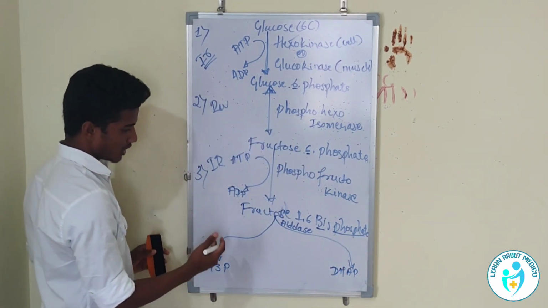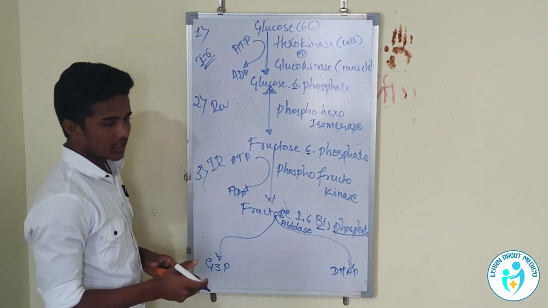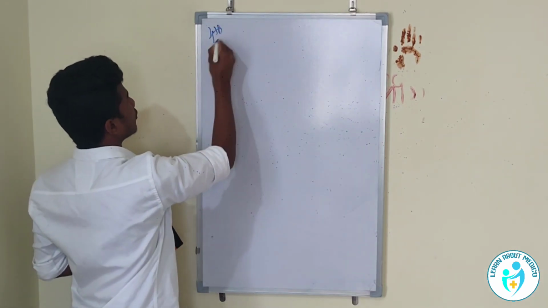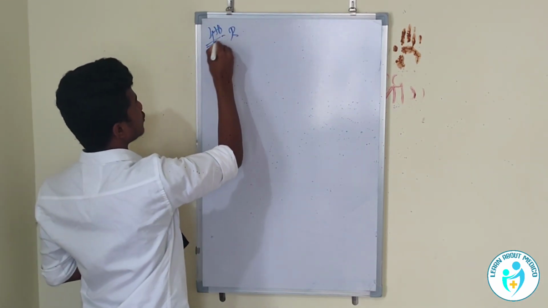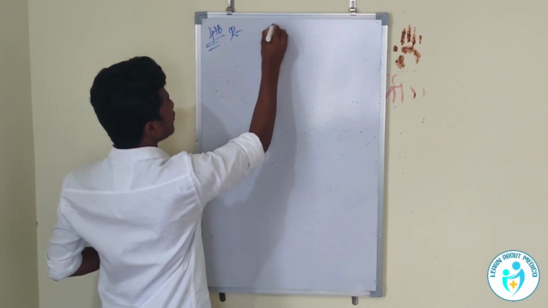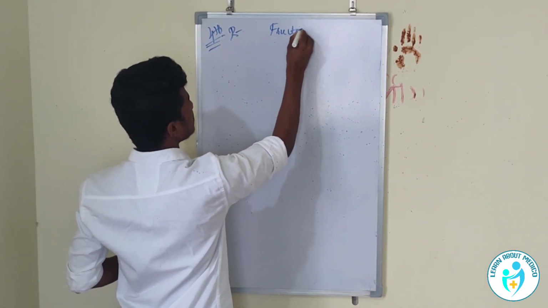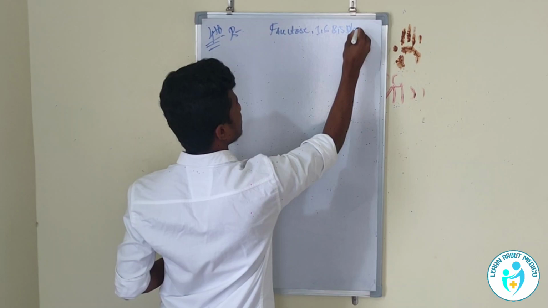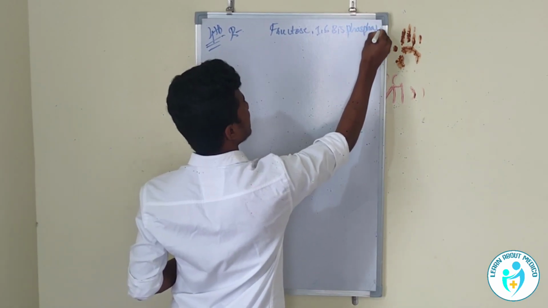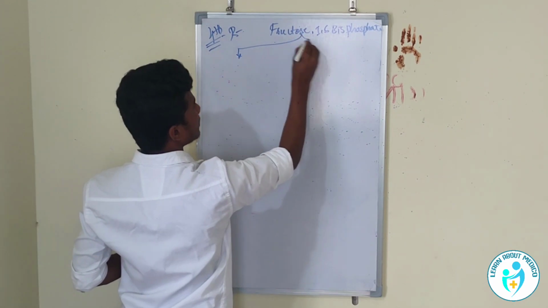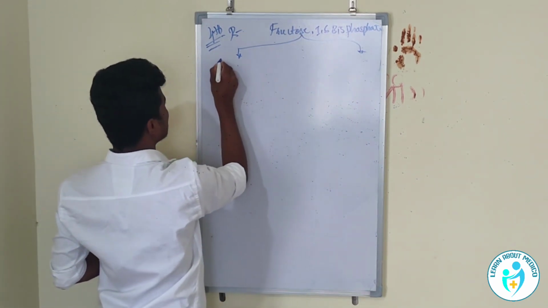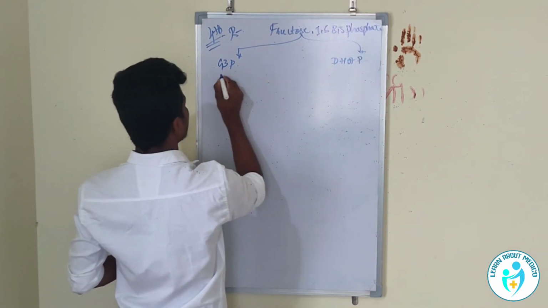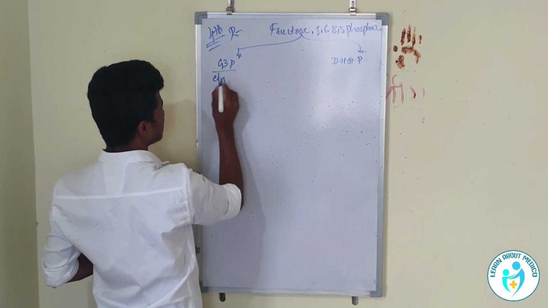Okay, I will show you the upcoming part of this above. That is the fourth step. The fourth step is also a reversible step. Fructose 1,6-bisphosphate is going to be split into G3P and DHAP. That is, G3P means glyceraldehyde